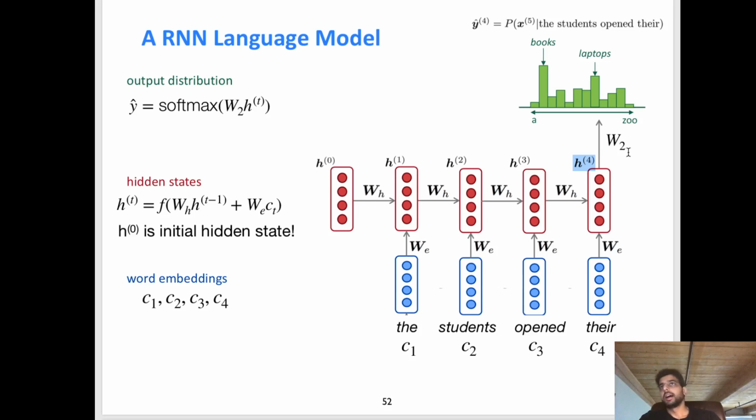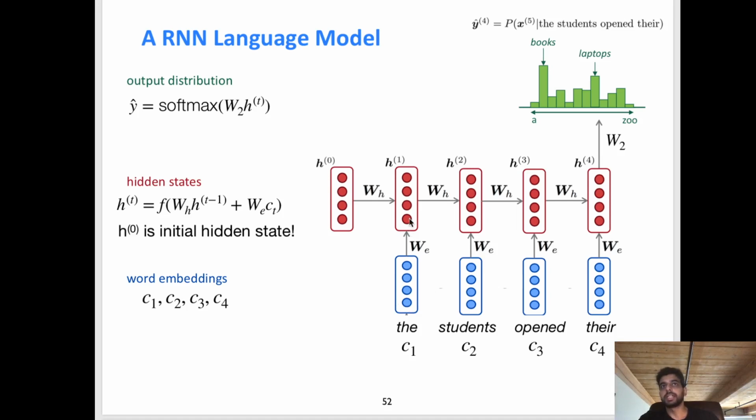Okay, so one thing that you might want to always keep in mind is what are the dimensionalities of the different parameters that we're working with here. So we know our word embeddings are 4 dimensions each. And what about these parameters W sub h and W sub e? So in this diagram, the hidden units are also 4 dimensions, right? So W sub h is just a 4 by 4 matrix, right? It's not changing the dimensionality of the vector that is getting multiplied. It's just making it another 4-dimensional vector. Similarly, W sub e is also a 4 by 4 matrix, right?